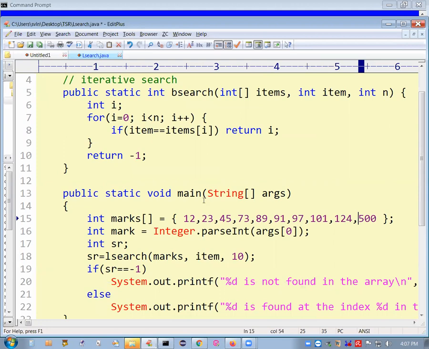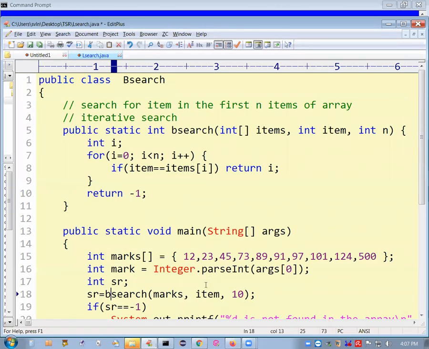And same as before, what number you want to search for, and the search result, where it is located and all that. Instead of calling L search now, you have to call B search, right? And then marks, item, how many items? 3, 6, 9, 10. So 10 is there, no issue. If it is there, it is there. If it's not there, it's not there. So this is the same.